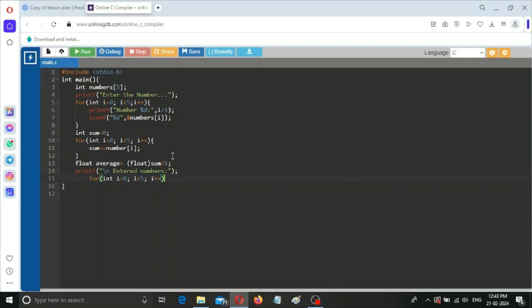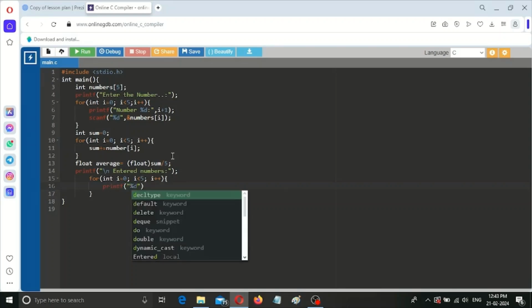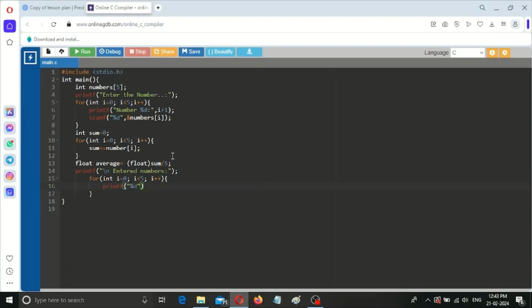And inside the for loop, I have to print the numbers. By using the format specifier, I have to print the user-entered numbers. So I use the numbers array,